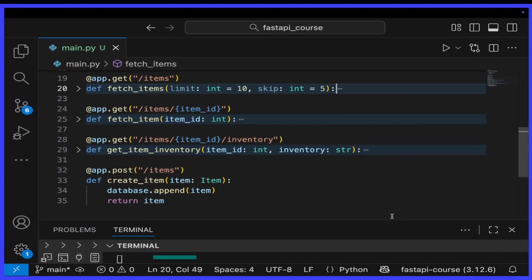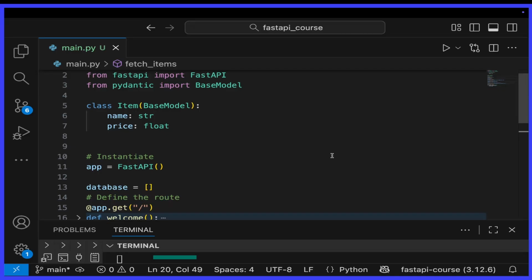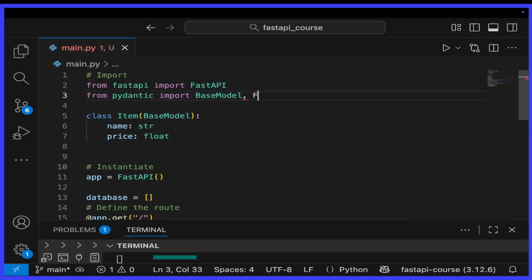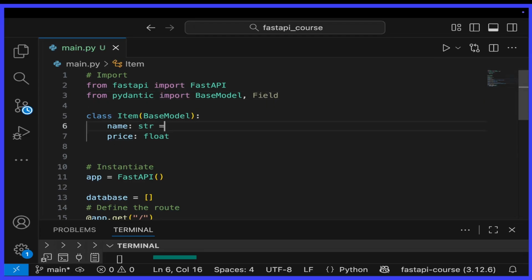To enforce rules beyond basic type checking, we use the Field utility. For our price, we'll enforce it's greater than 0. For the name, we'll enforce a minimum length of 2. This validation can happen instantly, preventing bad data from ever reaching your core logic. For this to happen, we need to import Field from Pydantic. Then I can now come here and say equals to Field